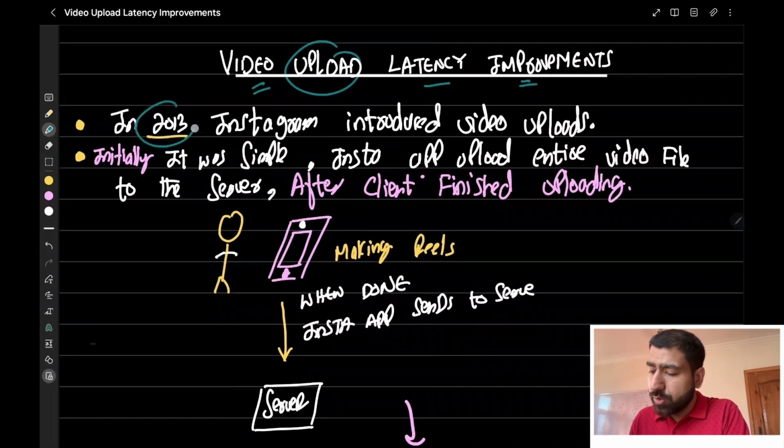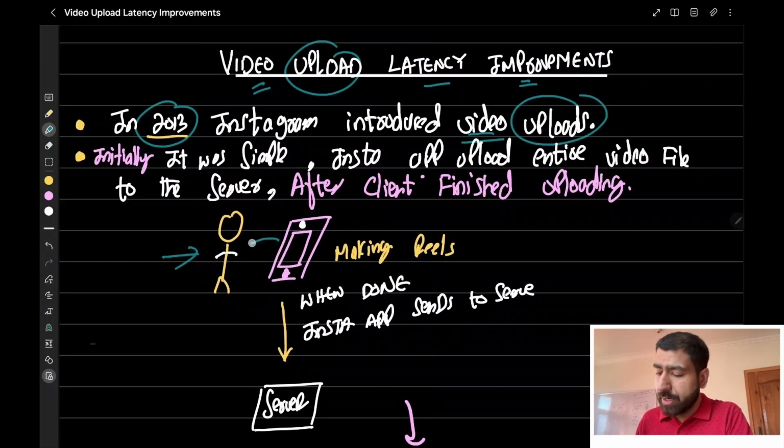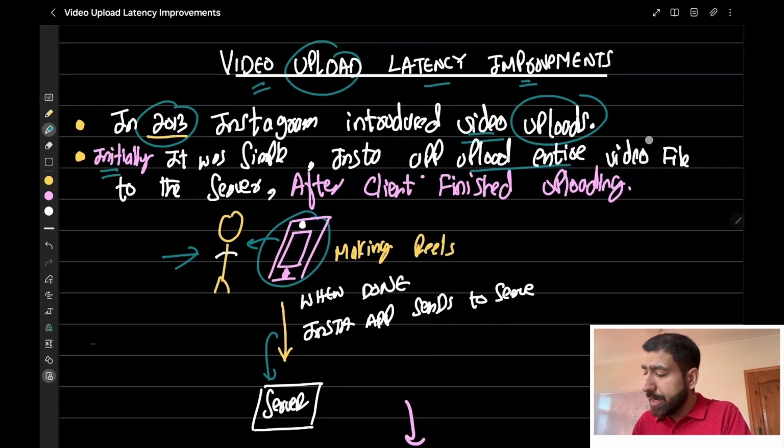Initially, in 2013, Instagram introduced their video upload method. As you can see, we have this user. He's making a reel in front of this phone. After the reel making is done, we have to simply upload that to the server. Initially, what Instagram was doing was uploading the entire video file to the server after the client